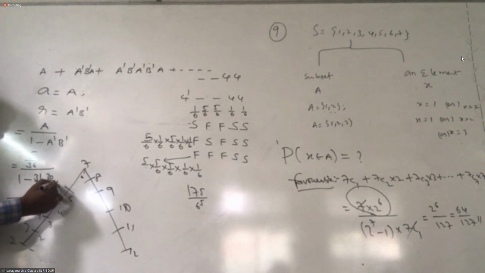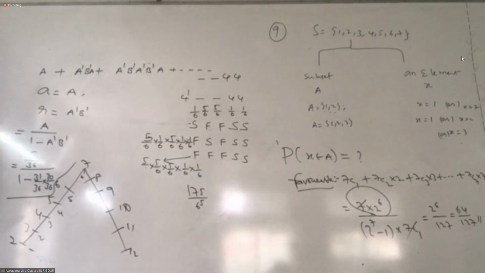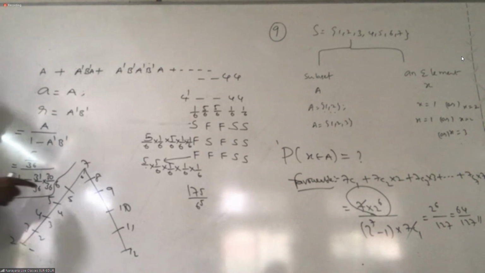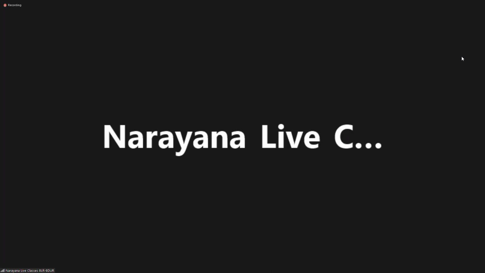Understanding or not, Seema? Some of them are really catching quickly. Some, I don't know what is there in your mind. If you are not completely involved in the class, you cannot understand why I am writing 5 by 36. Right? A wins when you get a sum of 6. When you get sum 6, there are 5 possibilities out of 36. That's what we are writing. Now you can check the answer.